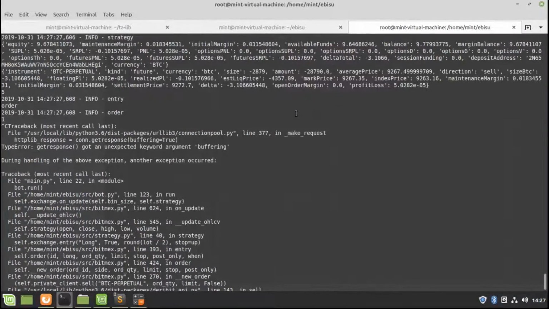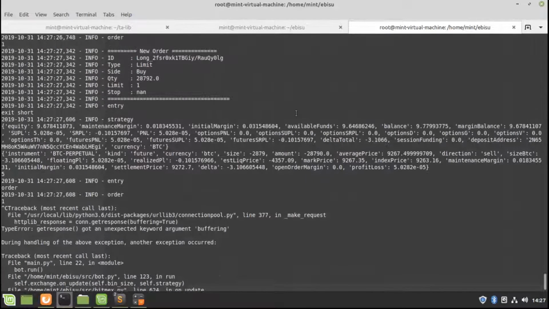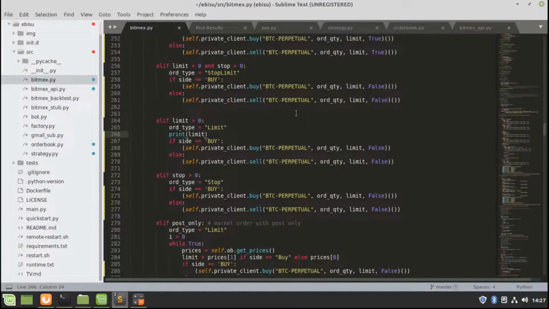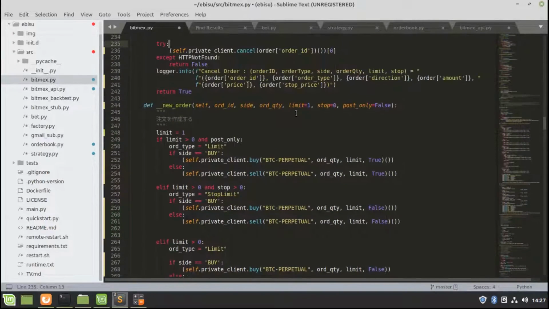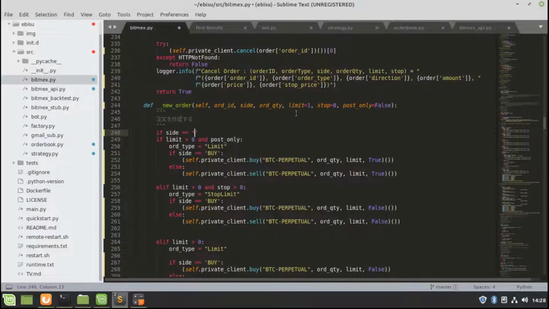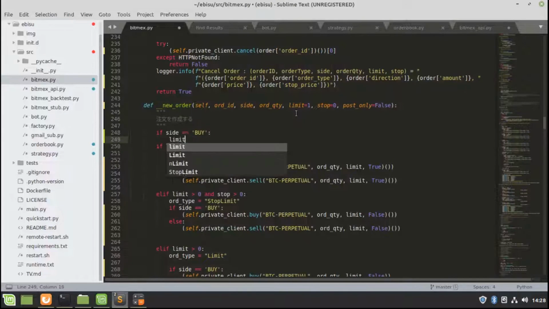Order. Exit short. Oh, limit can be 1. Limit has to be, if side equals, because that's the price we're buying at. I can't buy at 1. Limit equals